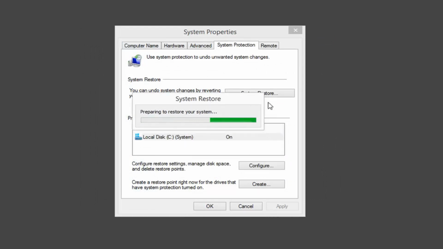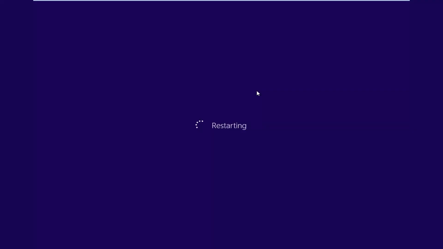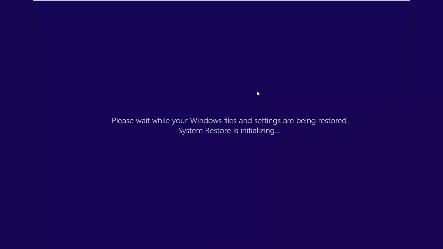So you could alternatively also access System Restore through the troubleshooting menu that is either built into Windows or through the media recovery tool. So if you go online, you get the Windows 8 ISO, burn it to a CD, DVD, or USB. Doesn't really matter, but as long as you boot your computer to it, you would be able to access System Restore prompts through that disk, assuming that your computer hard drive wasn't too far gone. And in that sense, it should be alright, and you would be able to locate your System Restore point through that. You could also run System Restore in safe mode as well.